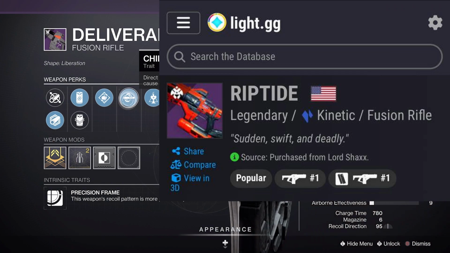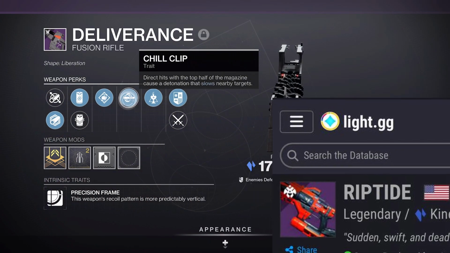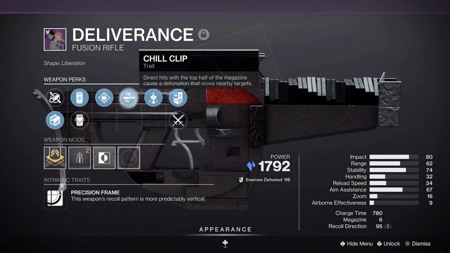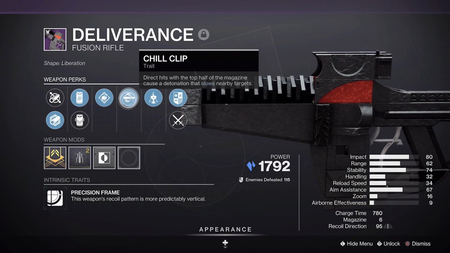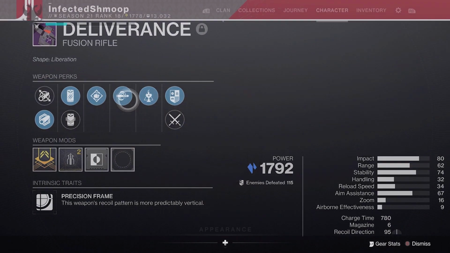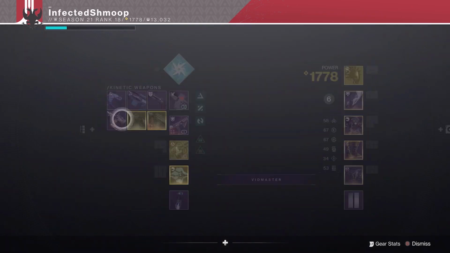Riptide, that's what it's called, Riptide. Either one of them with Chill Clip is amazing, because as long as you run the flashbang grenade, which I love running in this just because it gives you great survivability and it helps with ads, you run this, which allows you to freeze and slow, which again helps with champions, but also it gives you coverage for barrier, because if a barrier is frozen, they can't